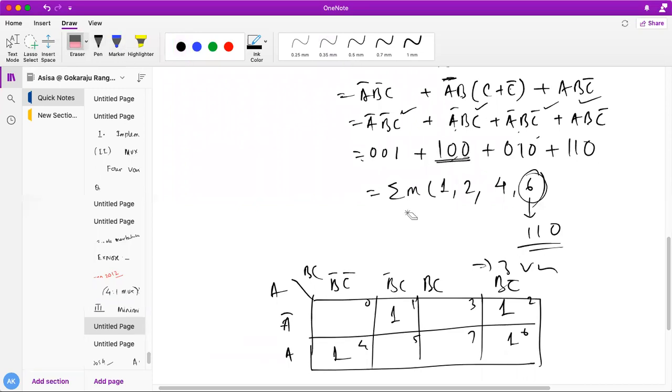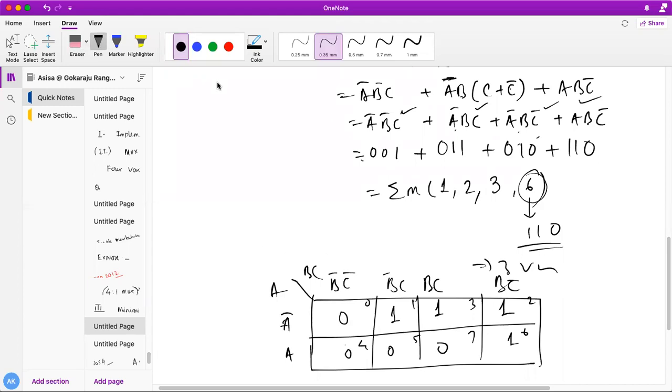That's why I'm thinking, why is it like this? Am I correct? You guys are not telling me. So A bar B C actually means 0, 1, 1. So instead of 4, it is actually 3. Am I correct? So this is 3. 1, 2, 3, 6. So instead of 4, you need to put it at 3. Okay, so this is my one more one. Other places are just 0.